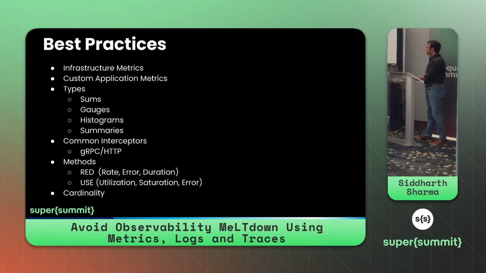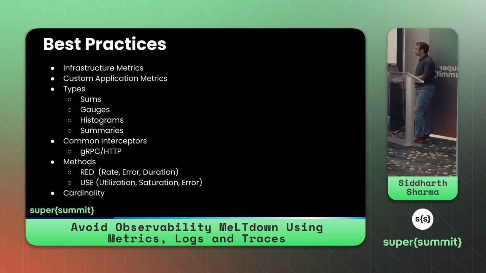There are some patterns around metrics. There is the RED pattern, and there is the USE pattern. RED means that if you have an HTTP application server, generally you would check the request rate, the error rate, and the latency of the request. This is a pattern that is followed across the industry. For HTTP and gRPC, you should follow the RED pattern. And for your infrastructure host level metrics, you should follow the USE pattern. That means utilization, saturation, and errors of your host. There are some good articles around how Google does it at scale.